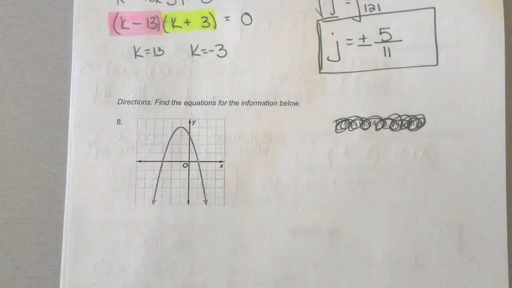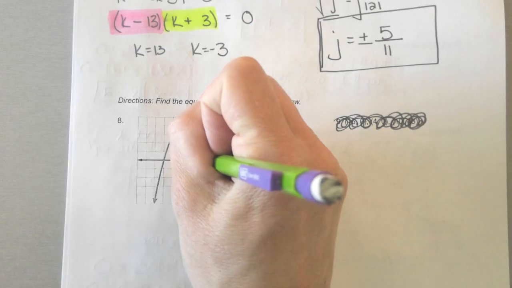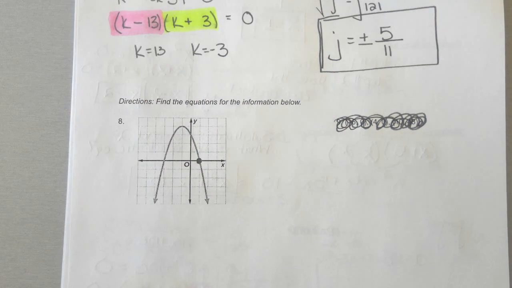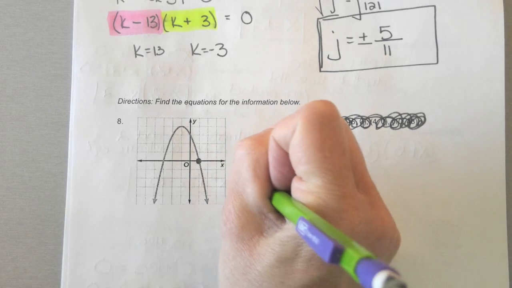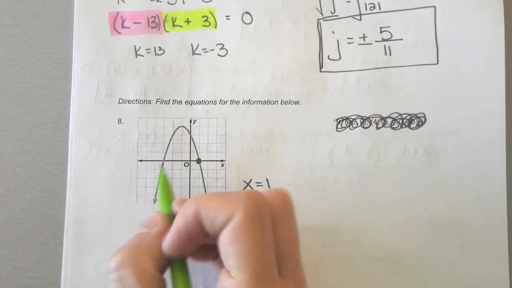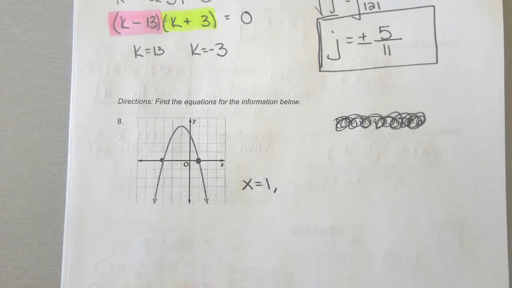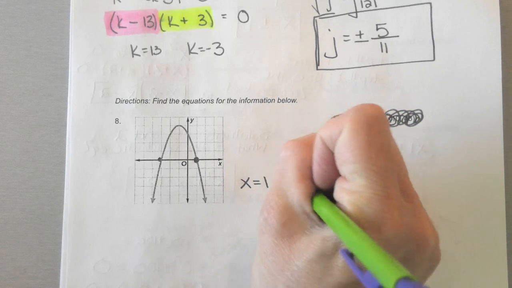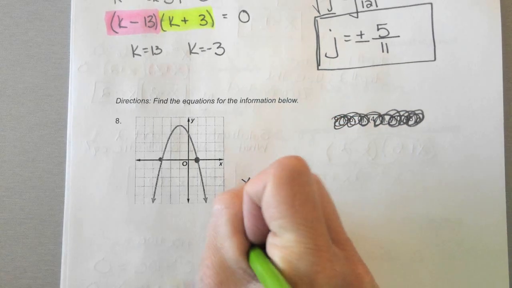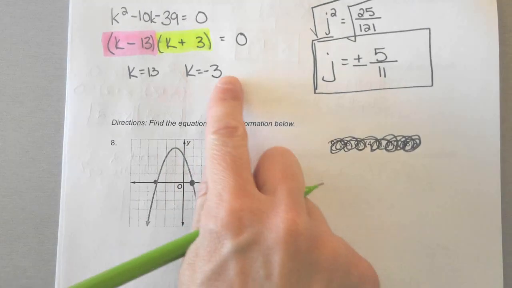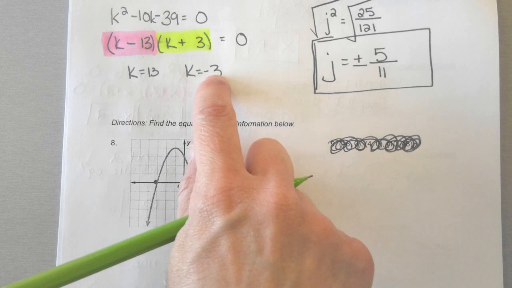Remember we talked about that being a thing as well. Do you see how this is a solution? Where does that solution live? In terms of x, it lives where? 1. In terms of x, where does this solution live? -3. Okay. If 1 is a solution, what parenthesis did it come from? Think backwards. If -3 was a solution,